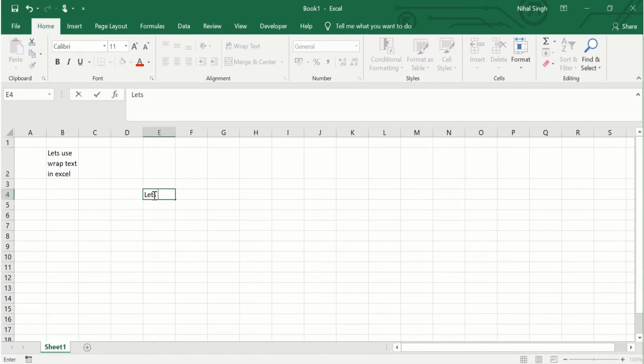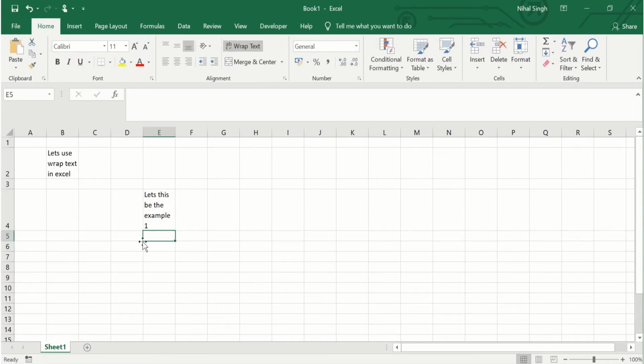So let this be the example 1. Now we see that as soon as we press enter, the cell has readjusted itself according to the width of the text. Let's write another text over here. So one other text